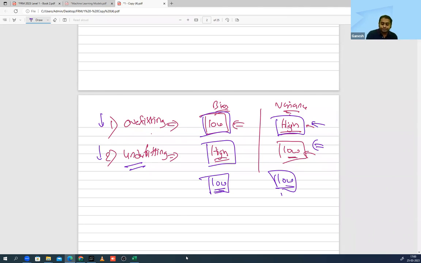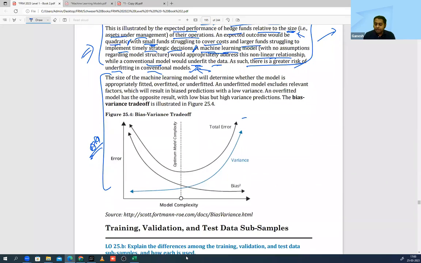If I go to the book, look at this diagram. This black line is the total error. Okay, look at the other one. This is my variance. This is my bias. Okay, complexity. Now look at it logically. If I reduce my complexity, what is going to happen? If I reduce the complexity of the model, will it be overfitted or underfitted? Underfitted. I'm sitting over here. So when I'm facing that underfitting, which problem will be higher, bias or variance? Can you see the bias is very high and the variance is very low?